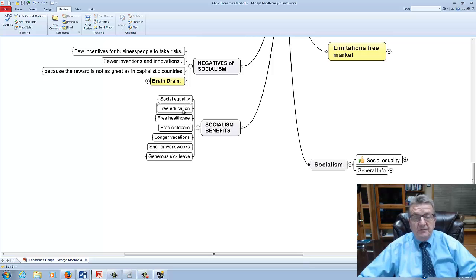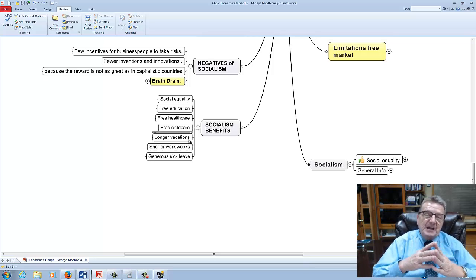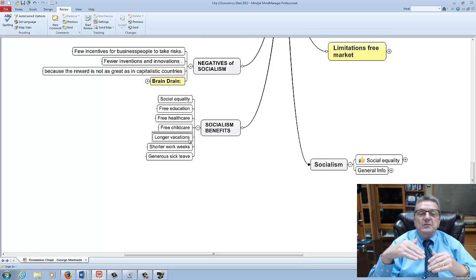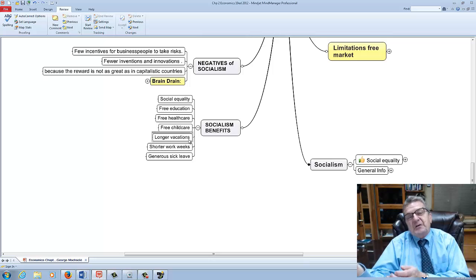Benefits, equality, free education, free health, free child care, longer vacations, shorter weeks. Remember, there's nothing free in business. There's nothing free in any kind of economic system. The problem with the economic systems is you have to pay higher. So I get a free education, I get everything else. But now for every dollar I make as a business person in the socialist country, I have to give back to the government 60 or 70 cents. So what happens? I've got the knowledge, I've got the training, I will leave that country for more of a capitalistic country where I'm paying only a third